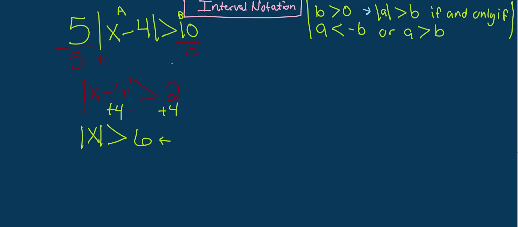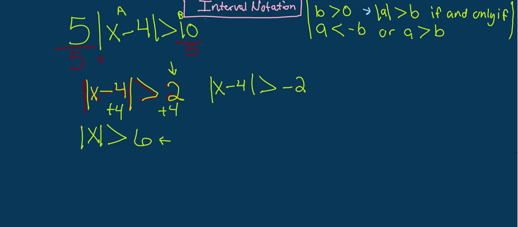Well, we know that this 2 here, that I can redraw so you all can maybe see better, is b. That's on the b side, right? So what we're going to do is plug in a negative in front of the 2 and solve for it as well. It will become x minus 4 is less than negative 2. And we'll do the exact same thing. We'll add 4 to both sides and we'll get x